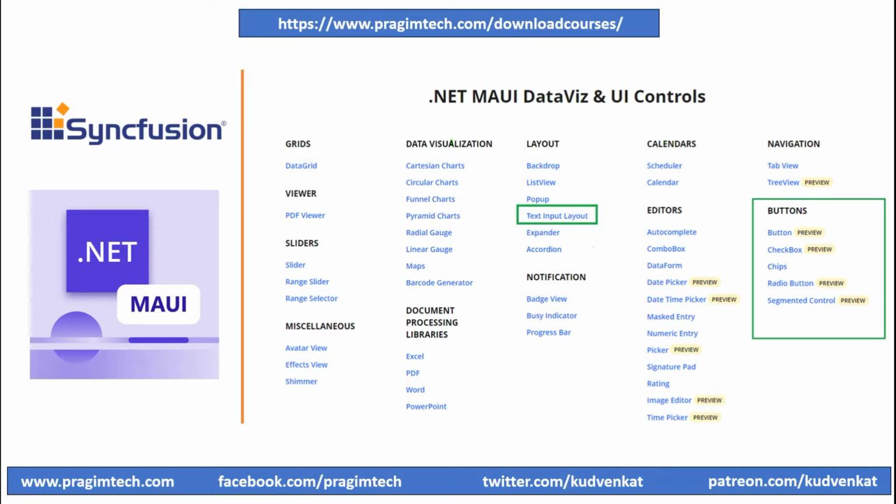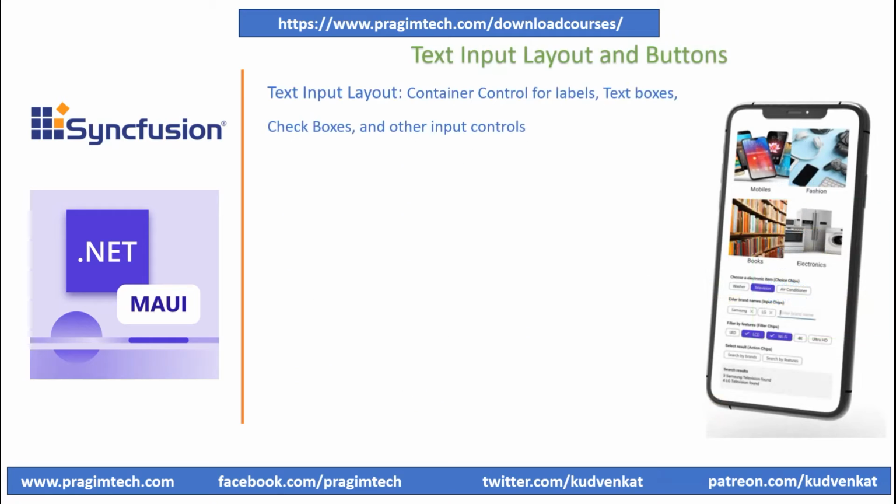Now we will move on to the Syncfusion text input layout control and button control components. Text input layout or label entry is a container control that allows users to add floating labels, password toggle icons to show or hide passwords, leading and trailing icons, and assistive labels such as error messages and help text on top of input controls. The text input layout is designed to enhance the functionality and user experience of text input fields in your application. Some of the key features typically include a floating label where the label moves up and floats above the input field when the user focuses on the text input, providing better visibility of the label and